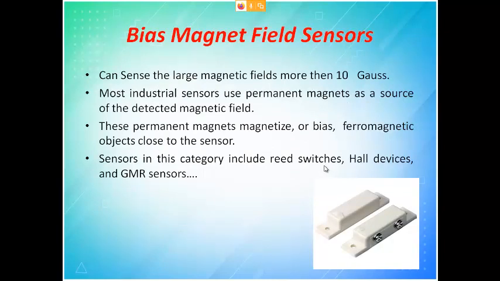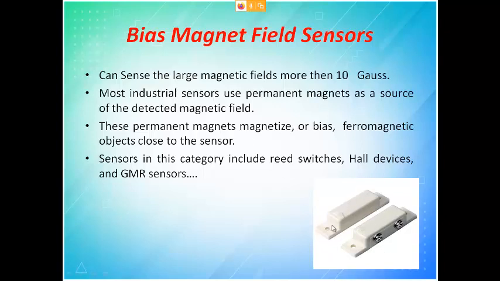Then the last type is the very high magnetic field, which is nothing but more than 10 Gauss. I think you might all have seen this application, like what we used to keep for ATMs. In an ATM, you have a door, and the door gets locked. To open this door, when you want to get into the ATM, you have to put your ATM card inside a slot, then only does it read your magnetic field, and then it demagnetizes and opens the door.